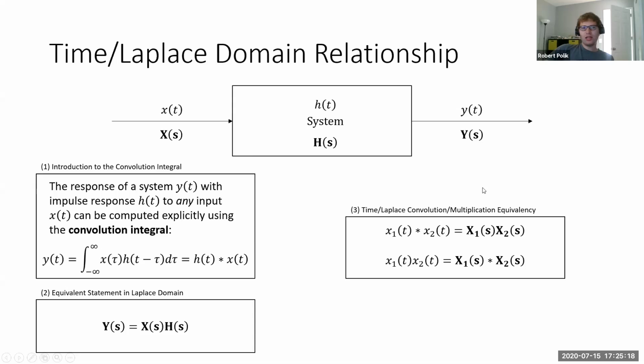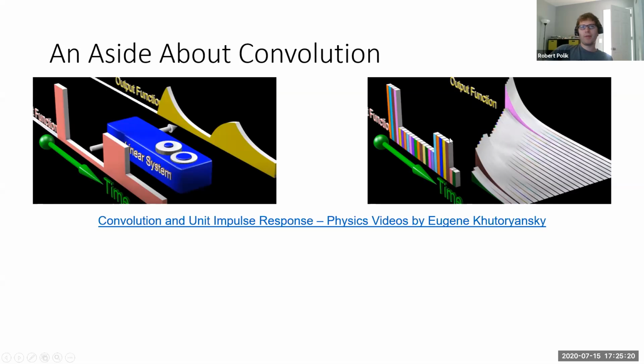So I'm going to take a little aside and talk a little bit more about convolution. I have this great 10-minute YouTube video from Eugene Khutoryansky, which is the best video I've seen on this topic. I had a GSI who explained convolution this way to me. My professor never did it, but the GSI did it in discussion section, and all of a sudden convolution made sense. The idea is that when you have a linear system, whatever your input is, here versus here versus here versus here,